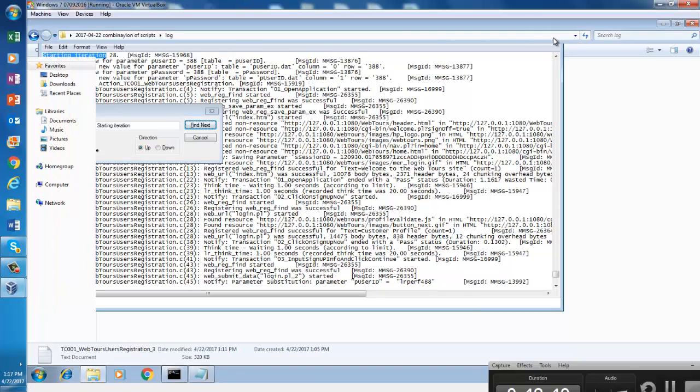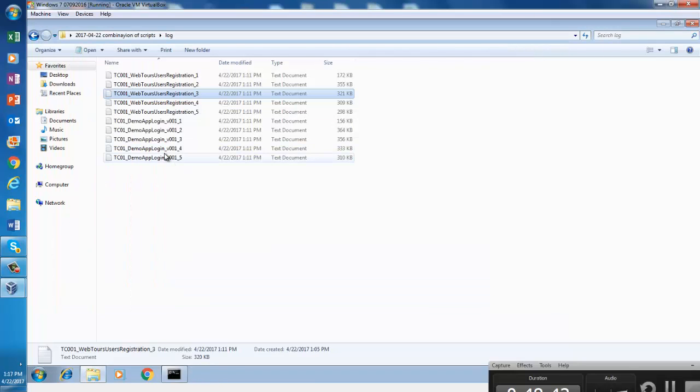Okay. Then for login, iteration is 5 for 5. We have provided 5 virtual users. For this registration script, can you see the virtual users? This is 1, this is 2, this is 3, this is 4, this is 5. You put 50%, each of them are 5. Now we have 5 users.